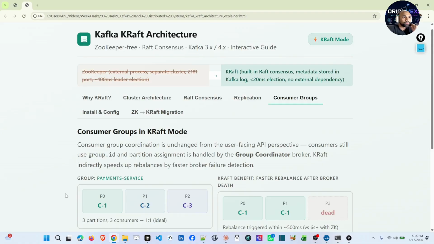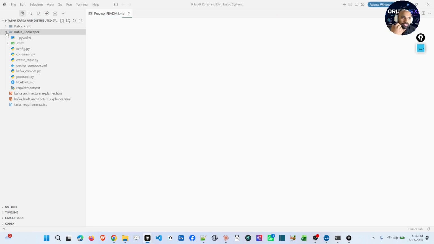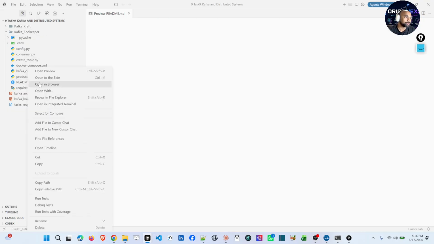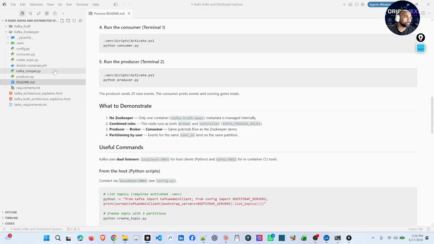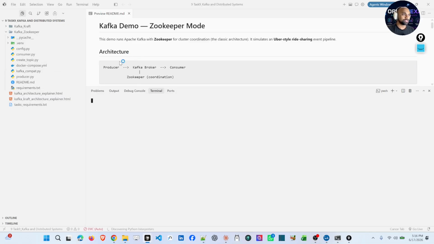And we are going to create a few events. We'll see how producers are producing the events and how the consumers are consuming these events. We are going to see both of them. Let's go ahead and spin up the cluster. Here I have two folders, one with Kafka with Raft and another one with Kafka with Zookeeper. First of all, we are going to see this traditional one, that is Kafka with Zookeeper. Let's open this README file for Kafka with Zookeeper, and let's proceed to do what is mentioned.